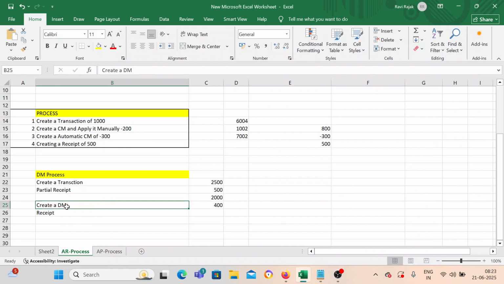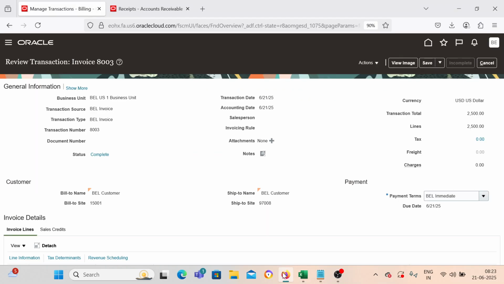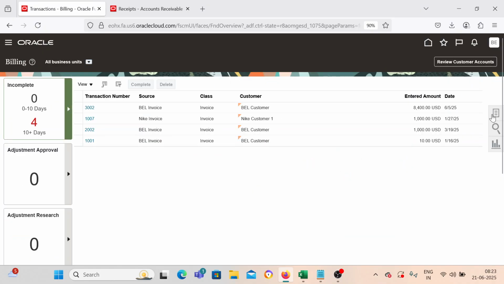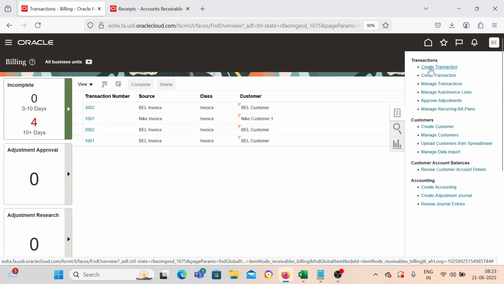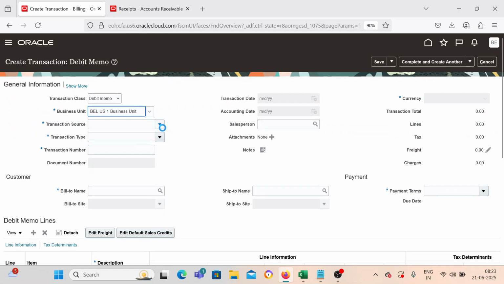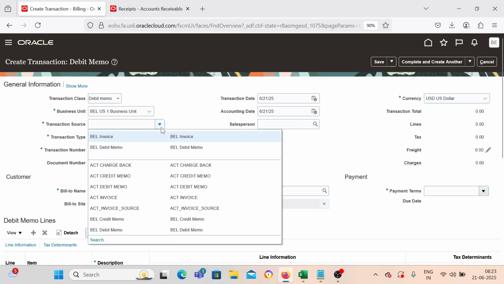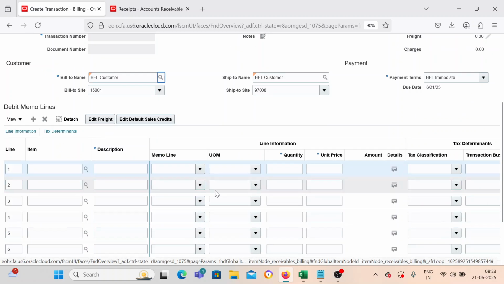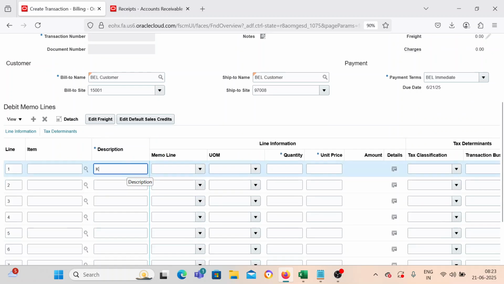So what we'll do, we will take the help of a debit memo. So let's quickly create a debit memo. For creating a debit memo, come to create transaction again. Just change the class to debit memo. Take the business unit, Bell debit memo. This one is a debit memo